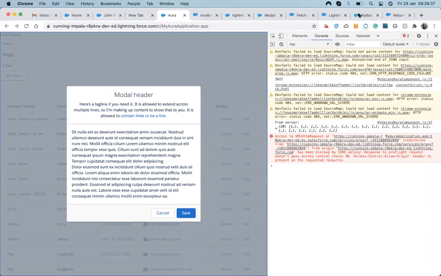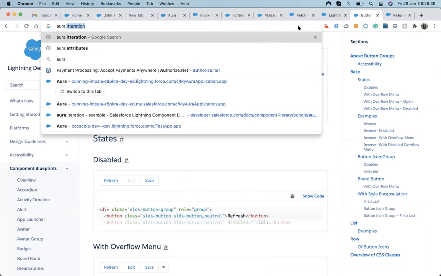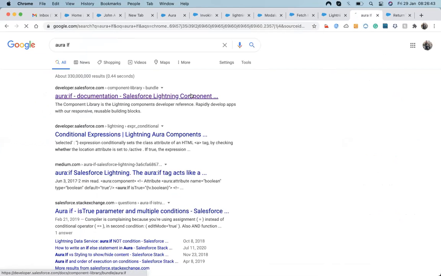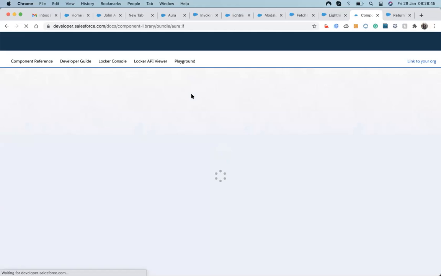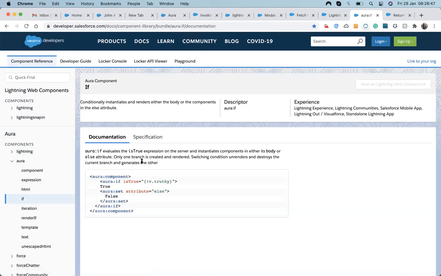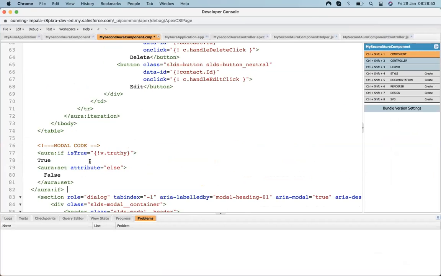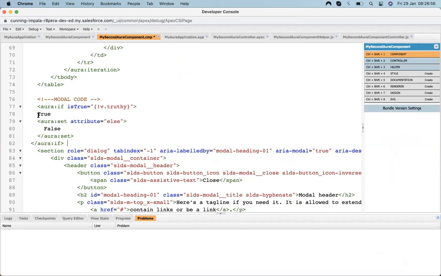Yes, there is an attribute called aura:if, and that is used to hide and show any component or any piece of code on the component. So let's copy that code and paste it up here. It has an attribute called isTrue, meaning whenever it's true it will show, and we have an else part.